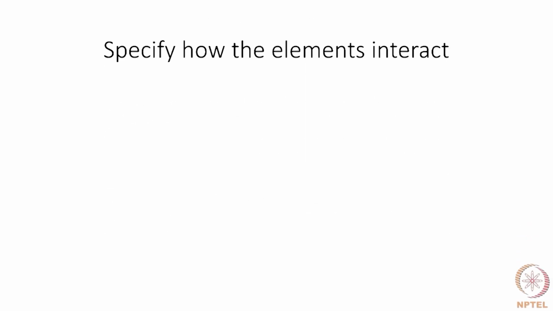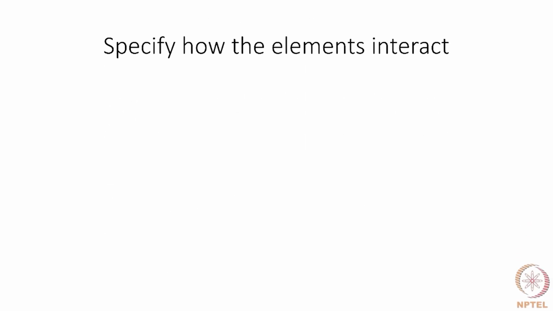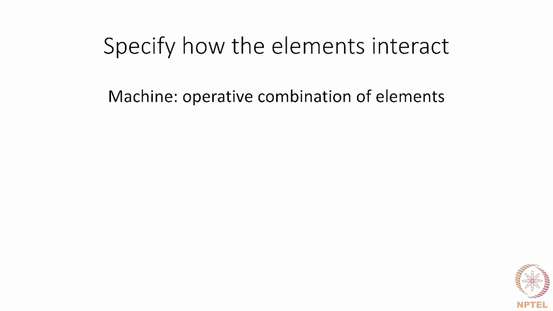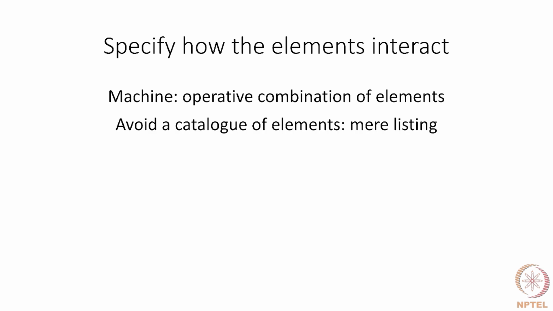Cooperation. In a claim, you need to specify how the elements interact. For instance, a mission is understood as an operative combination of elements. So you need to explain how the elements in the mission interact with each other. You have to avoid a catalog of elements, which is a mere listing of elements without denoting how they operate